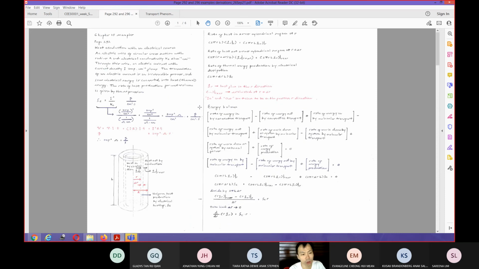Okay, so up to this point, I think this is where I will wrap up this first drop-in session. So what we have discussed is that we have gone through the concepts of the heat transport, and then what are the Fourier's law of heat conduction, and then we also go through the heat balance or energy balance, and then we also discuss our first example. And I think you can see that this is a much more simple with respect to the momentum transport.